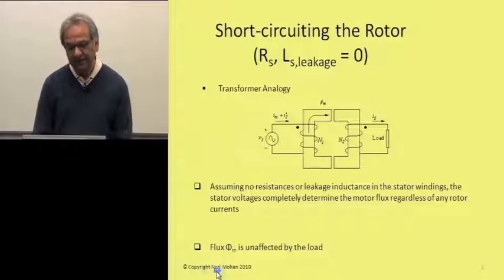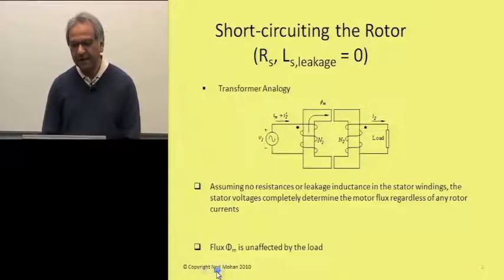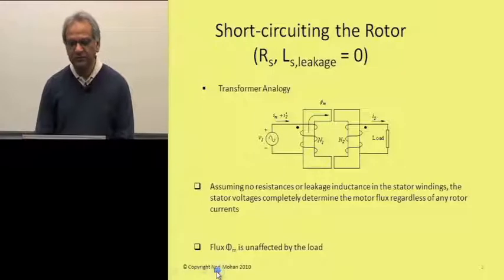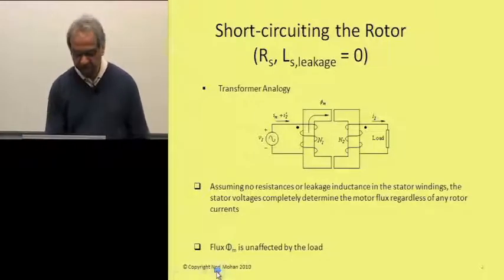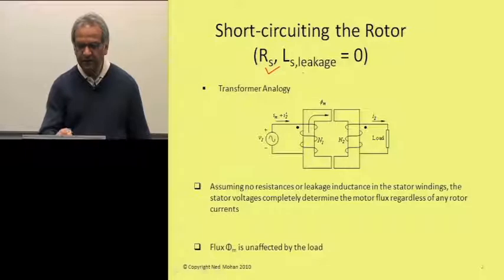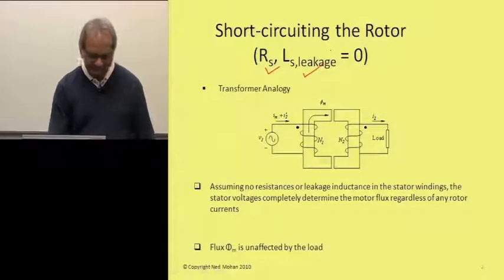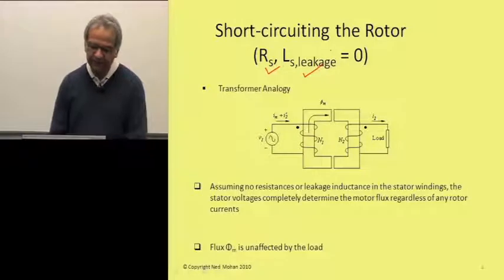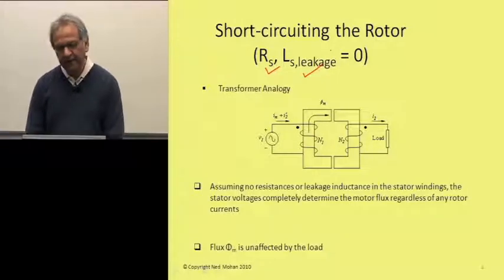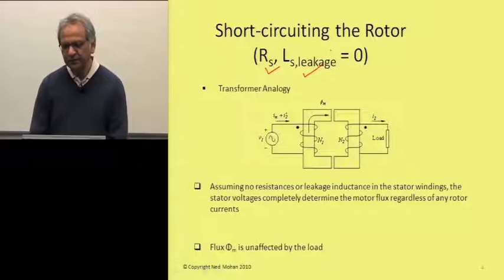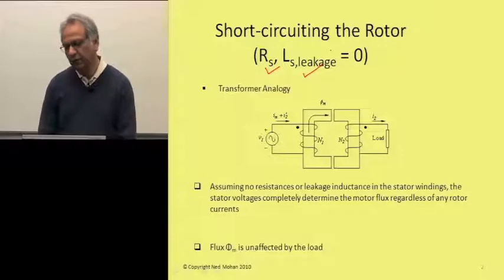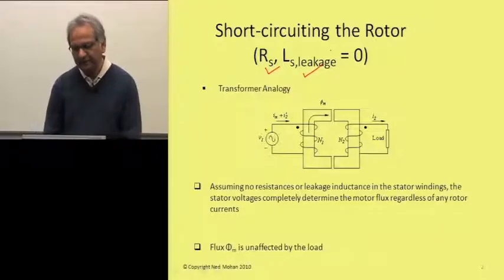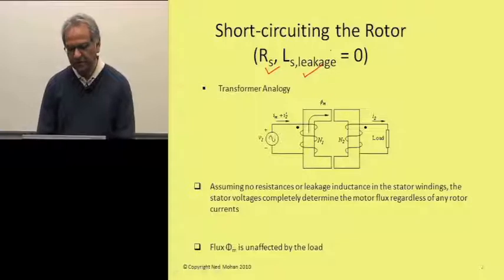Initially, let's assume that the primary winding has no resistance and no leakage inductance. That is similar to assuming no resistance and no leakage inductance for the stator winding, as we had done in the previous module. So let's initially assume that load is not connected, and we apply a sinusoidal voltage to